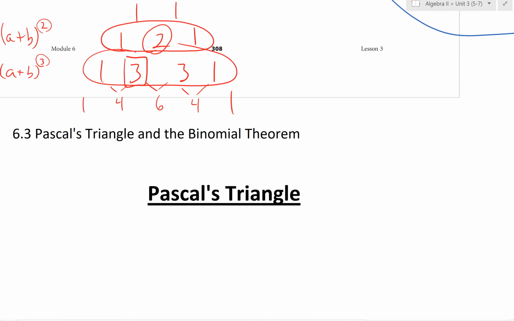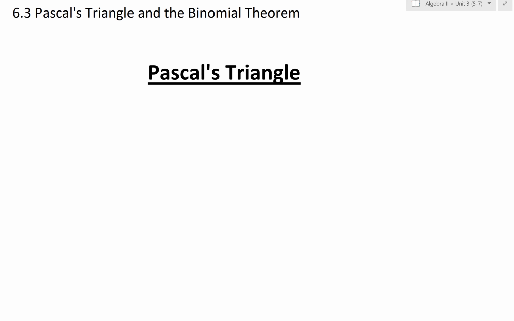Okay, we're gonna expand Pascal's triangle out a little bit further. So far we have 1, 1, 1, 1, 2, 1, 1, 3, 3, 1, and then we just did 1, 4, 6, 4, 1, which would be useful if we wanted to expand a plus b to the fourth power, because the second number is a 4. So we could actually do that real quick. It would go like this. So we'd have 1, 4, 6, 4, 1,